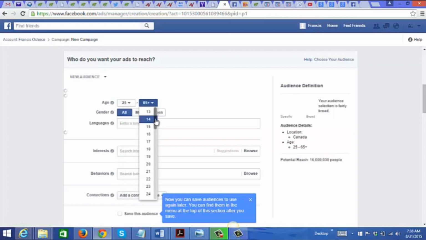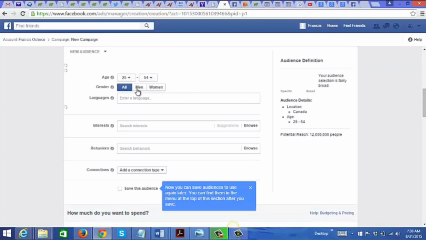Okay, so that's why looking at the data is helpful. You know a little bit more about your audience here, and it's going to be both men and women, because as you remember, it was 50% men and 50% women that were interested in starting a business online.